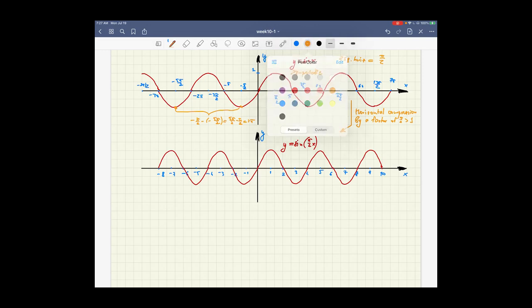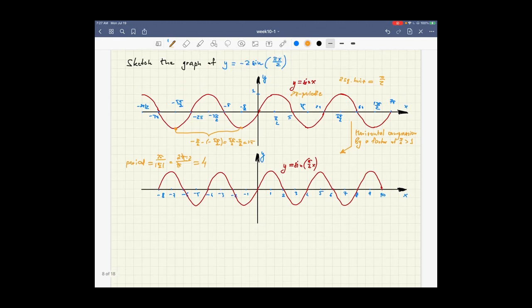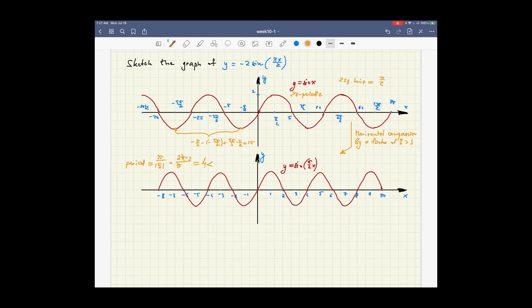And so the period here is 2 pi over the absolute value of b, which is pi over 2. So that's 2 pi over pi times 2. And that simply is 4. And 4 is, of course, less than 2 pi. So indeed, our function has a smaller period. It's 4 periodic, has a smaller period, so it's faster